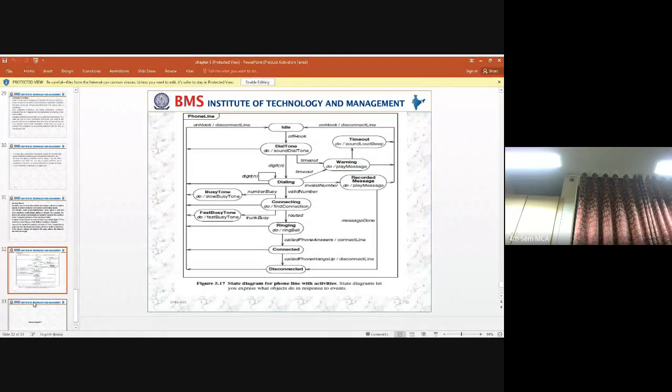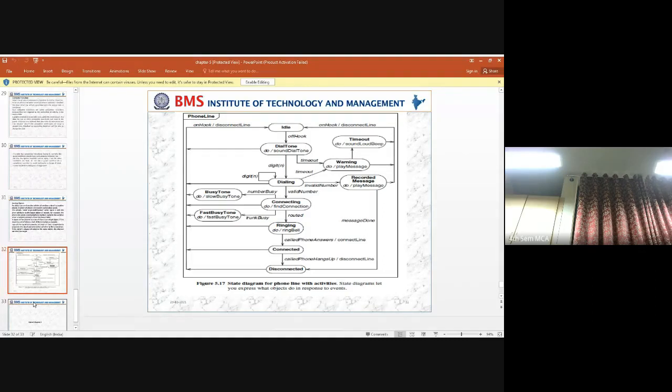Next, again we have a state diagram for phone line activities. There can be different ways of asking you the question. The same telephone line example is there for a nested state diagram, and for a sample state diagram along with the activities. You need to understand the question properly.